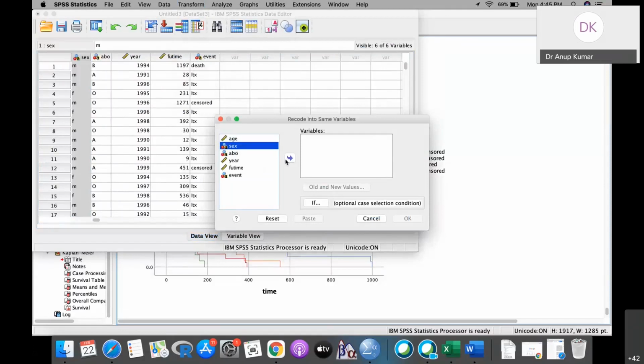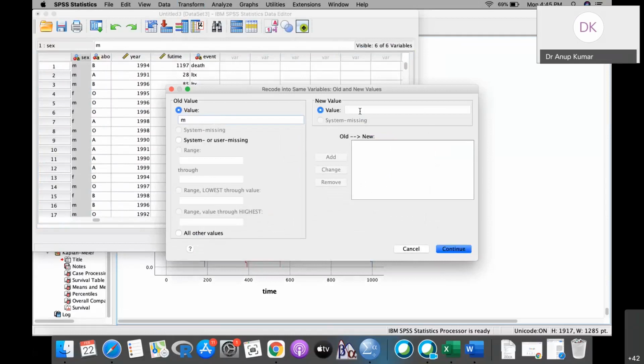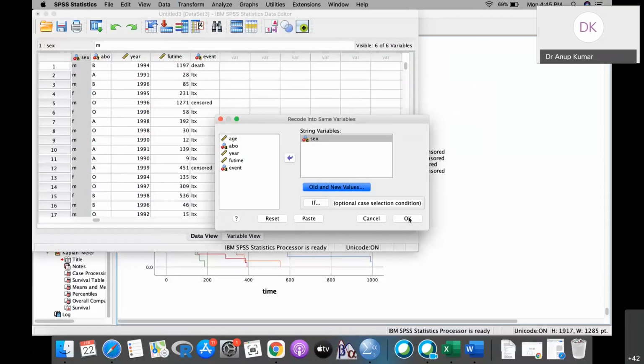then select sex, and then instead of male put 1, add, and write down F and put 2, and then add, continue, and click OK.